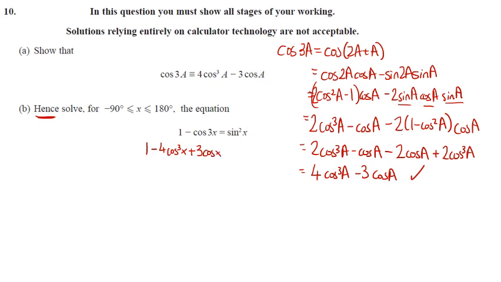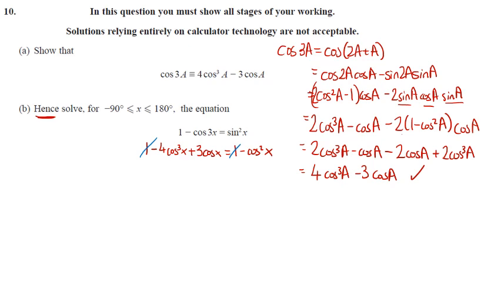Okay, so minus minus becomes a plus there. And sine squared, well, let's replace that by cos as well, so that's 1 minus cos squared x. So the 1 cancels on both sides,